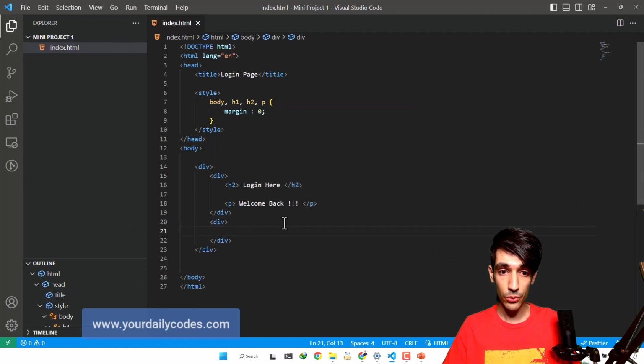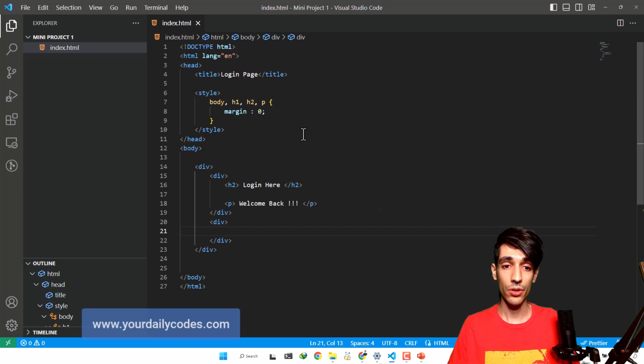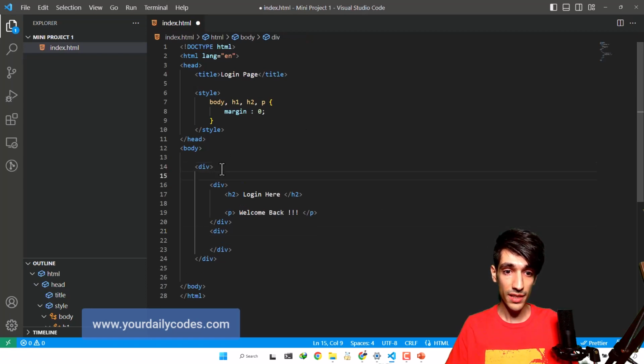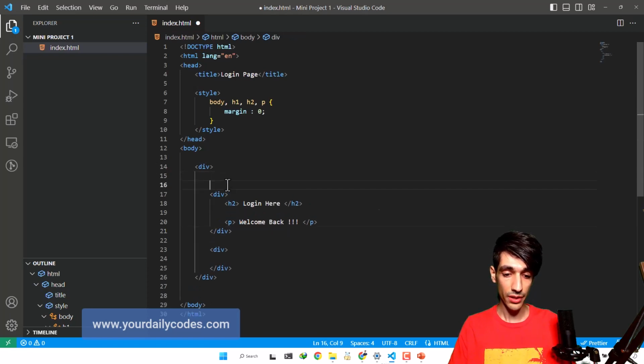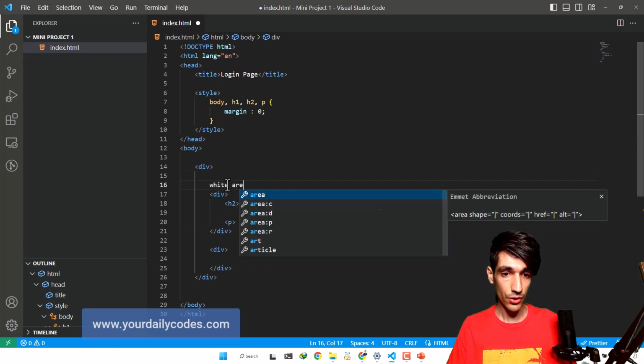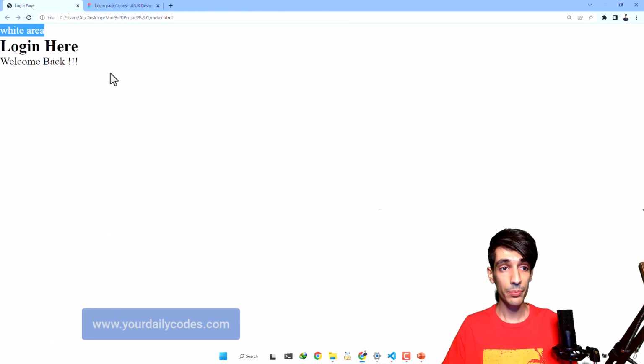This div is for our blue section, and we can use something called comments. Comments exist in pretty much any programming language, and we use them when we want to have something that we don't want to be rendered, but we want to have it, for example, something that explains our code. For example, here I want to determine that this div here is for our white area. Okay, but when I come back here and hit refresh, this white area text will be presented here, but I don't want this piece of text to be rendered.